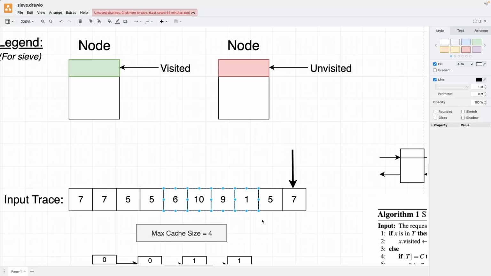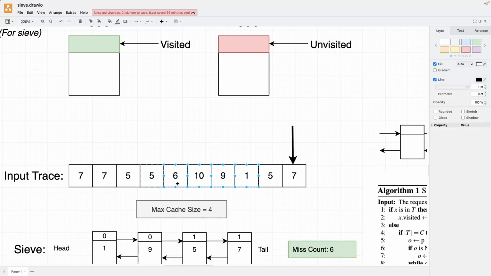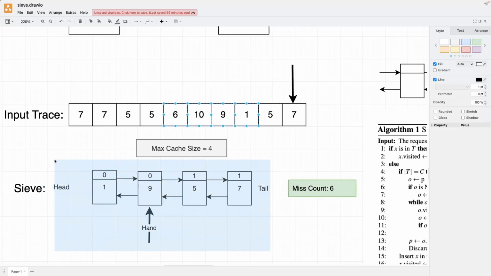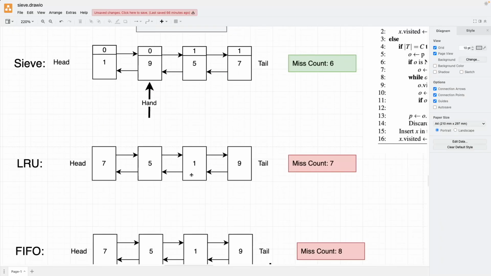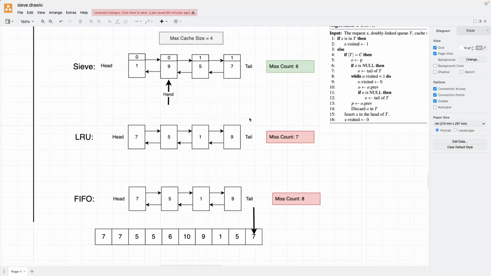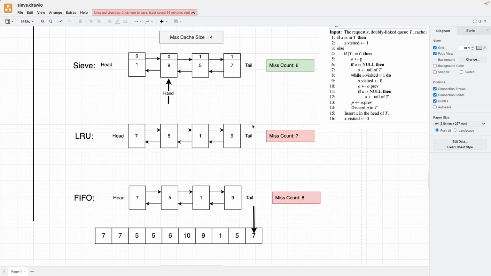It knows that many items may come in, but they are not popular, so they can be thrown out very quickly. But there are some items, just a few, which are popular and which must be retained in the cache for a long period of time. And in our case, in our trace, that was 5 and 7, and Sieve does a very good job at that. So that covers the entire example, the trace, the hands-on, and kind of driving home that point of why